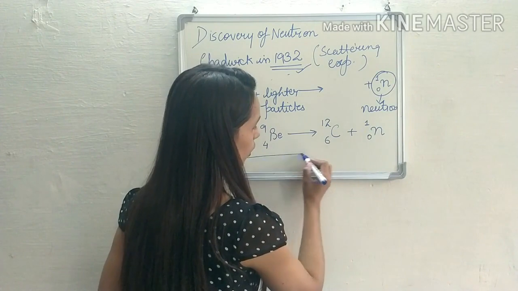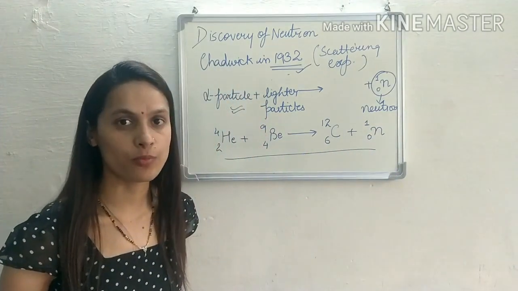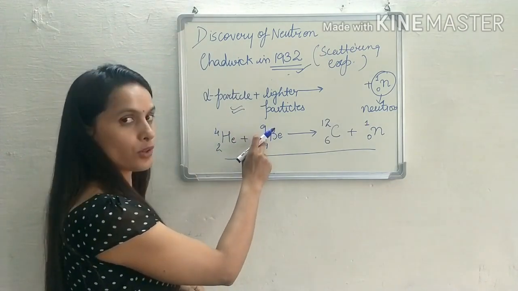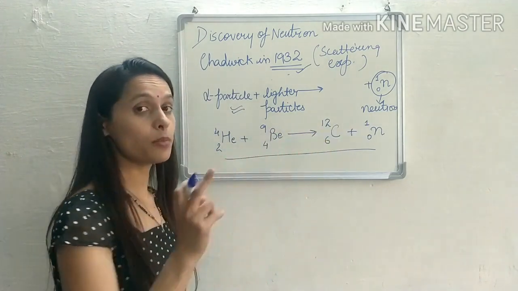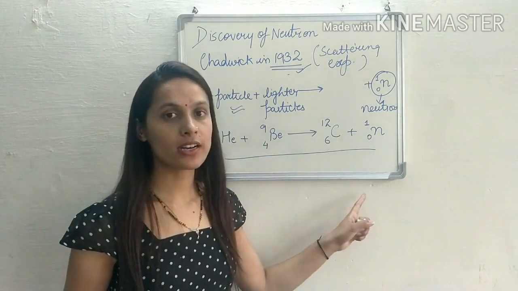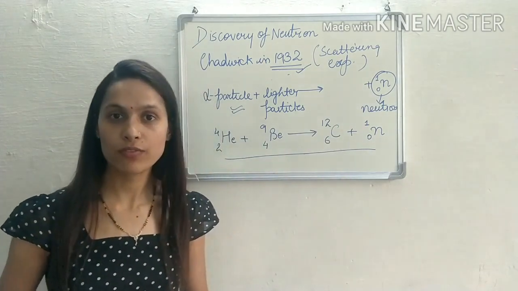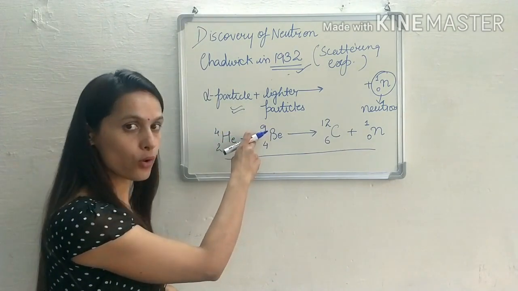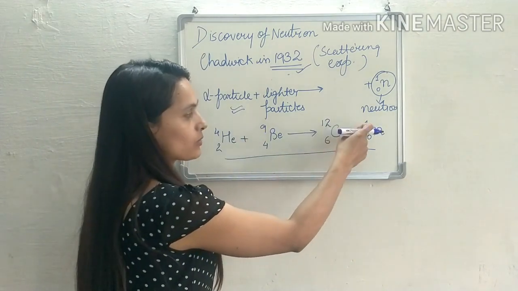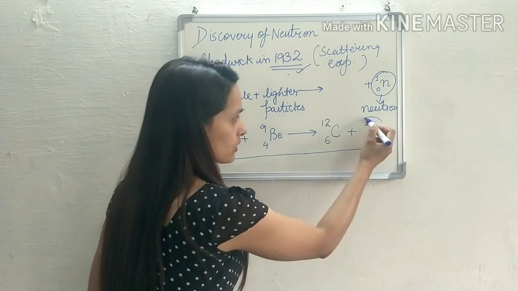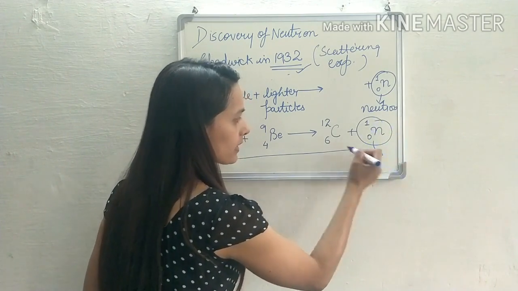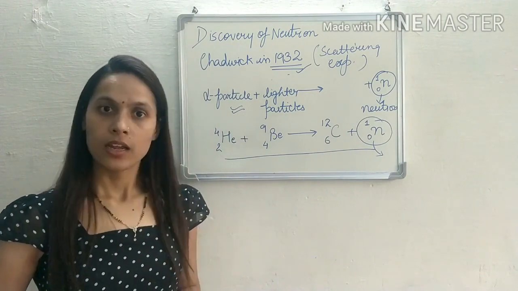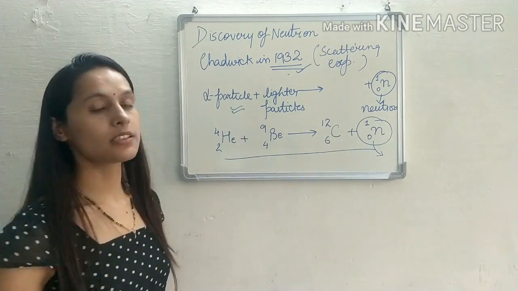So this reaction also follows the law of conservation of mass which we studied in the first chapter, that the mass of the reactant is equal to the mass of the product. ये रिएक्शन किसको फॉलो कर रहा है? लॉ ऑफ कंजर्वेशन ऑफ मास को भी फॉलो कर रहा है, क्योंकि अगर हम यहाँ पे टोटल मास देखें, that is equal to 9 plus 4, ये किसके इक्वल आ रहा है? 12 plus 1, that is equal to 13. ये हमारा पार्टिकल है जो हमें in the form of energy मिल रहा है. Clear? So in this way हमारा क्या डिस्कवर हुआ?